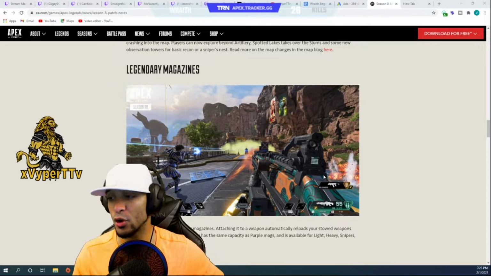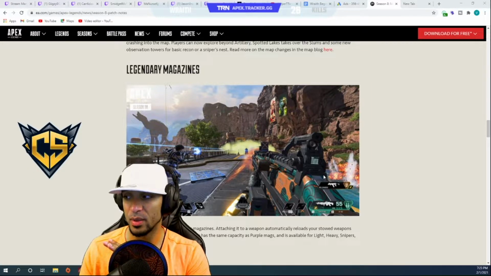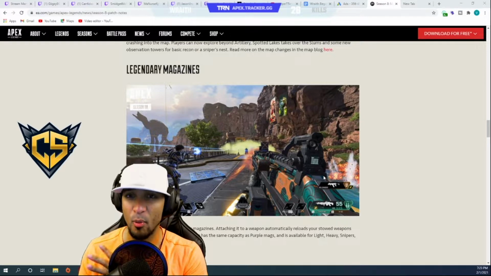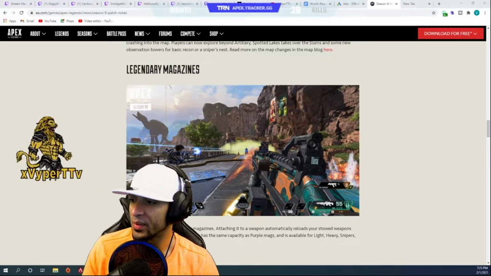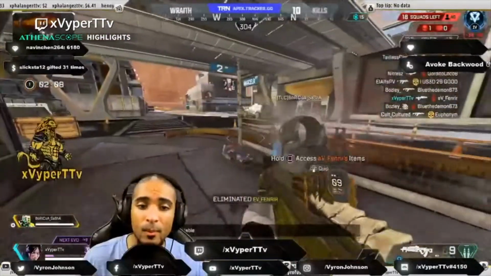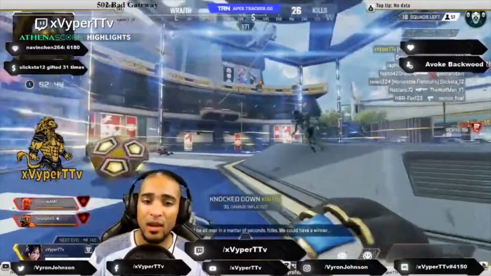Now they went over the legendary magazines, and I thought it was just gonna be extra ammo, but it's the same size as a purple mag. So let's talk about that. Season 8 introduces the gold tier magazines. Attaching it to a weapon automatically reloads your stowed weapons after a brief delay. The gold magazine has the same capacity as the purple mags, and it is available for light, heavy, snipers and